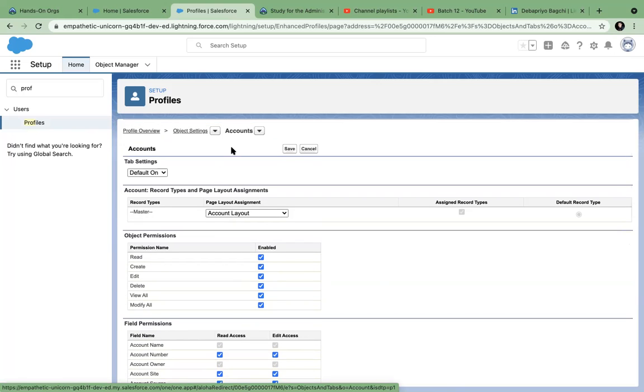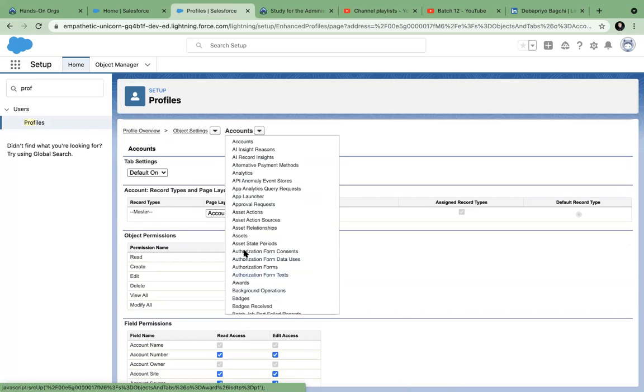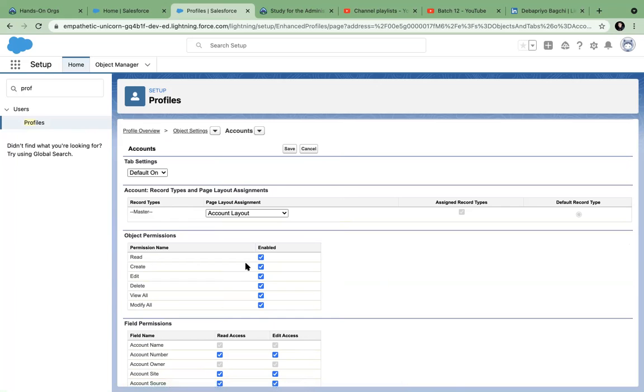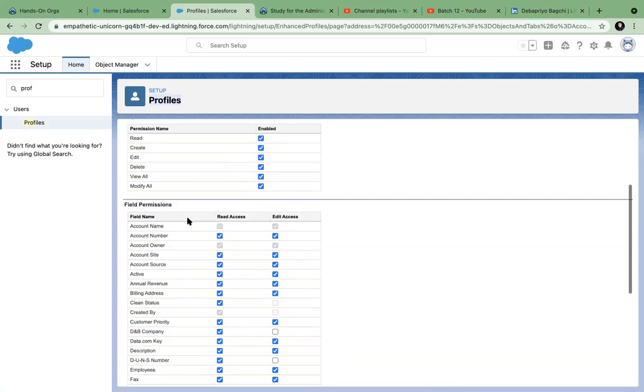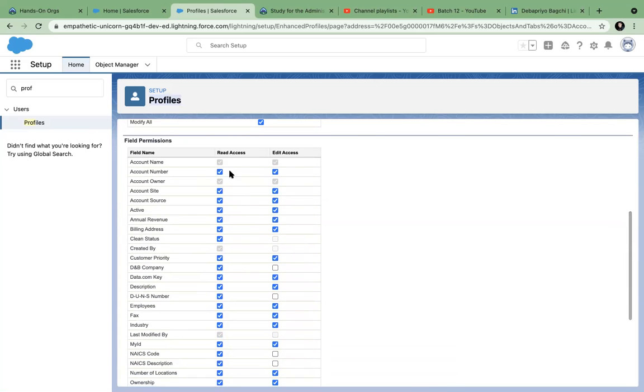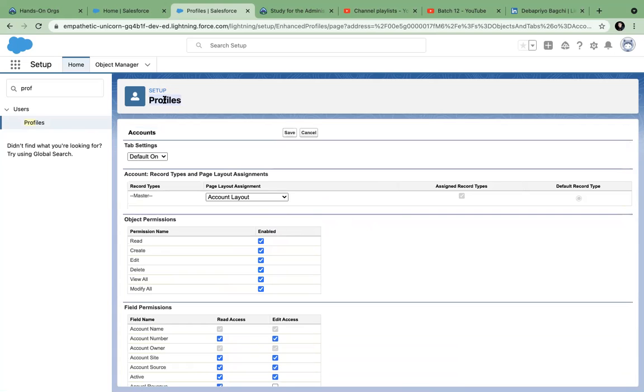Every object, you can go to every object, choose different objects here. All the custom objects and standard objects are listed here. You can go to any object and change this. This is a field. So in the profile, you can choose which object, and then you have the field permission. Can I see this field value? Can I edit this field value? It so happens that annual revenue you can only see, but you cannot edit it. If that is the case, then when you use the edit button, this field will still not be editable. It will look like a read-only field. Only for you, because your profile is this.